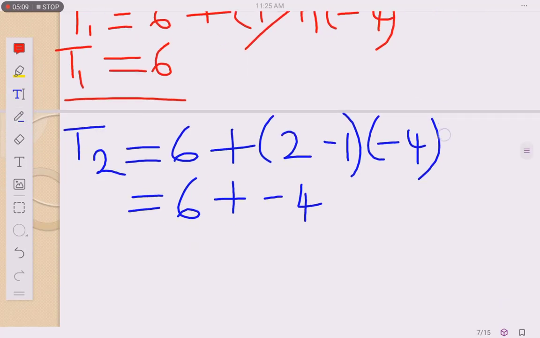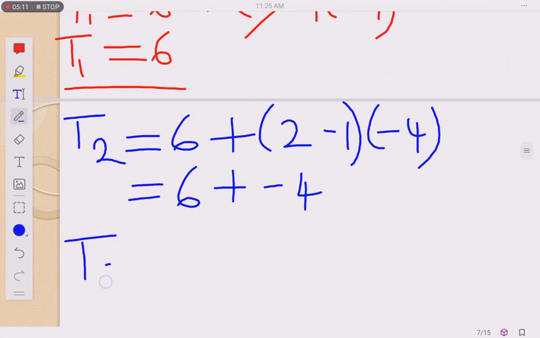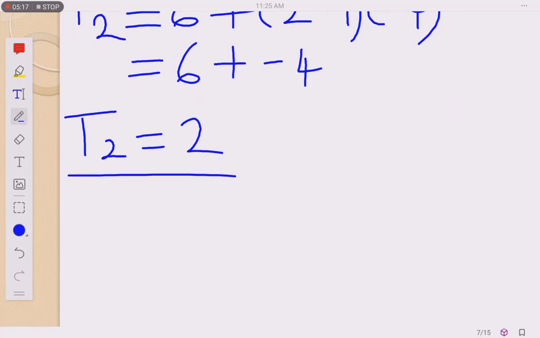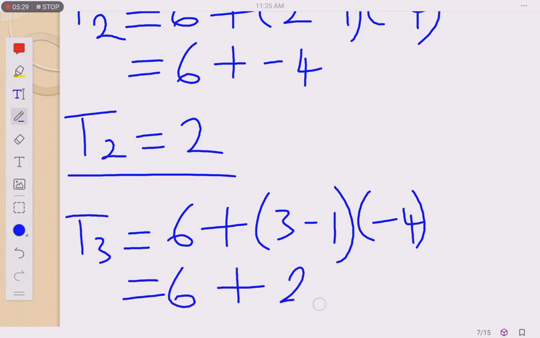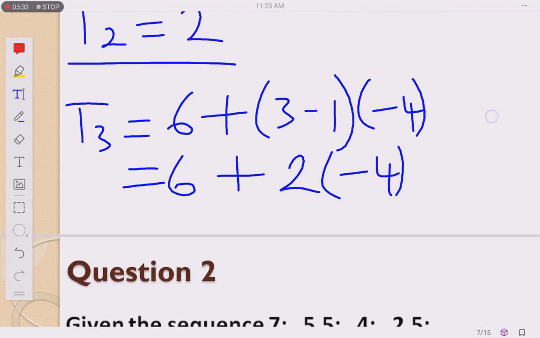Okay, so we get our T2 as 2. Fine. Let's go on to the last one. T3 is equal to 6 plus 3 minus 1 by minus 4. So this becomes 6 plus 2 by minus 4, and we'll get